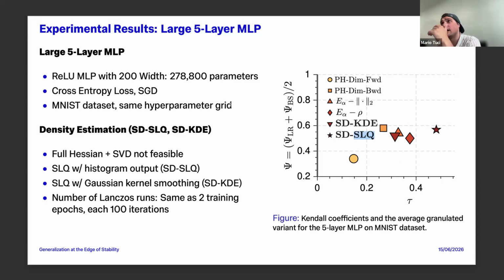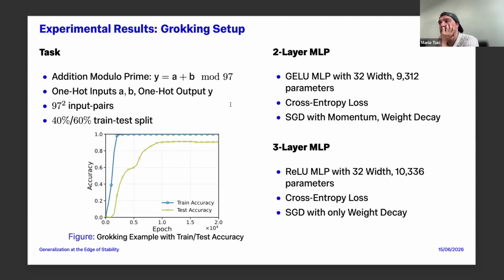So, and then we scale it up to a 5-layer MLP. And then we wanted to make a test, which is basically, there's a phenomenon called grokking, which is sudden generalization. The train loss goes down, but your test accuracy is also low, and then suddenly, no one knows really why, your test accuracy goes up. And that you then call this phenomenon grokking.